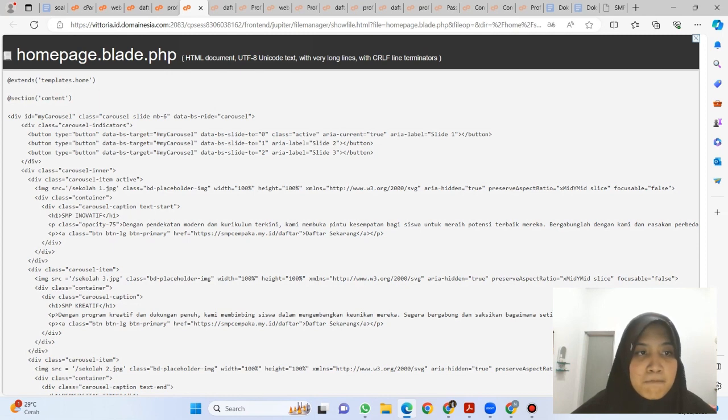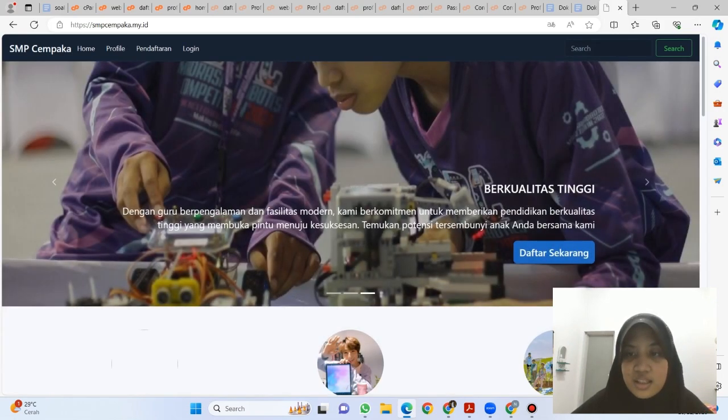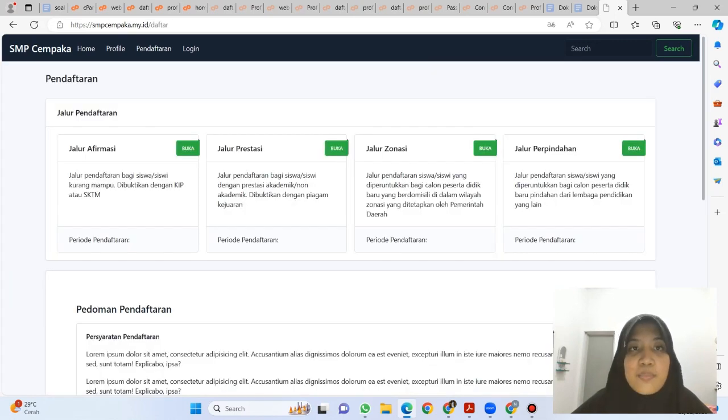Where is it? This is the daftar sekarang. The button of daftar sekarang arrives at https://smpcempaka.my.id/daftar. Daftar sekarang has a link that connects to pendaftaran.